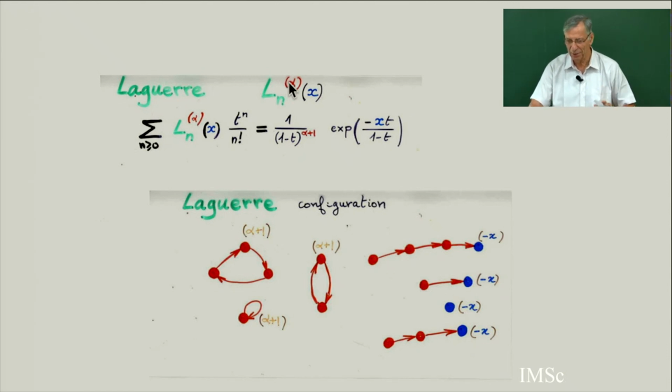So this will appear many times in the PASEP model. So this is a fundamental polynomial. It's a kind of extension of the Hermite polynomial because you have more cycles and more chains. If you reduce the chains to one point and the cycles to length 2, then you get back the involutions and the Hermite polynomial.